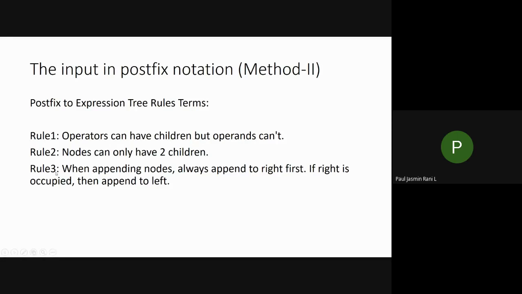And the third rule is that when you start constructing your tree structure, you give preference to the right first. If the right side is completed, then you move on to the left. I hope you follow. When you construct a node, from that node you have to travel along your right side. When the right side is over, then you move on to your left side. These are the three rules you have to follow while constructing the expression tree.